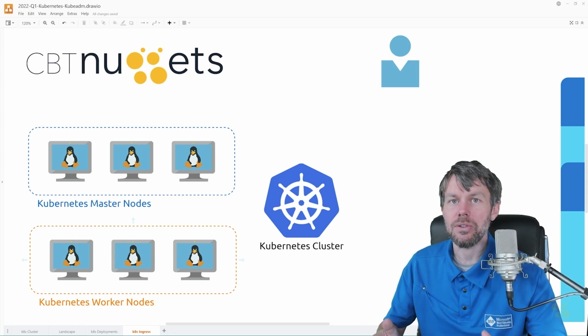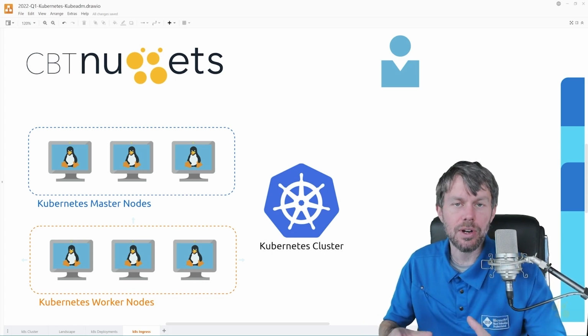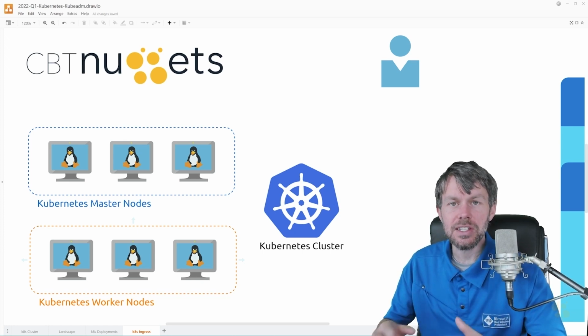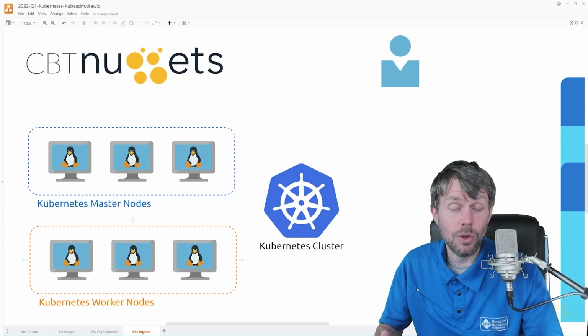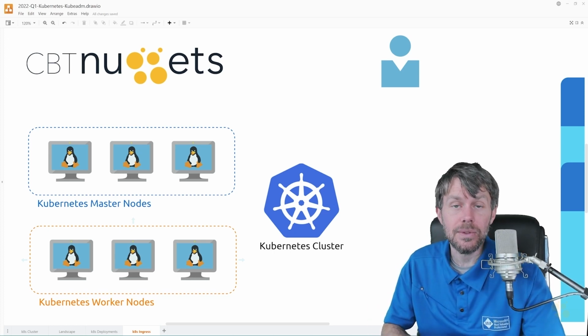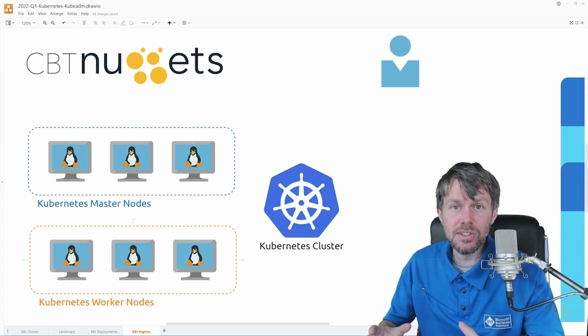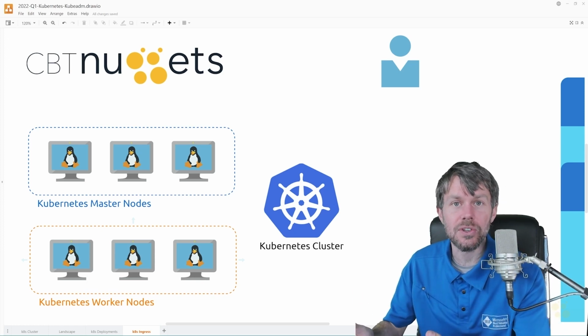Now, Amazon Web Services does have their own Ingress controller, but in this case, we're actually going to be taking a look at an open source Ingress controller that's actually managed by the Kubernetes team. It's called the Kubernetes Nginx Ingress controller. And this is a cloud agnostic method of routing traffic to different services that are running inside of your Kubernetes